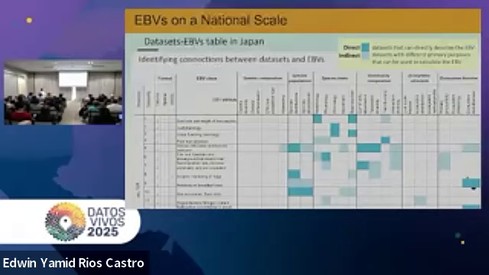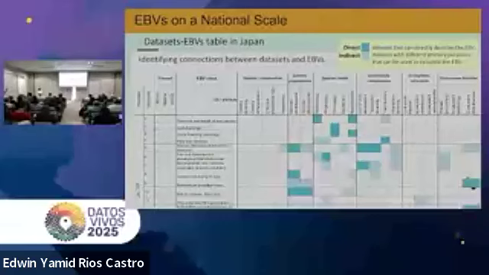And light blue indicates datasets with different primary purposes, but which can still be used to calculate the EBVs. In this way, we identified the connection between each dataset and the EBVs, one by one.